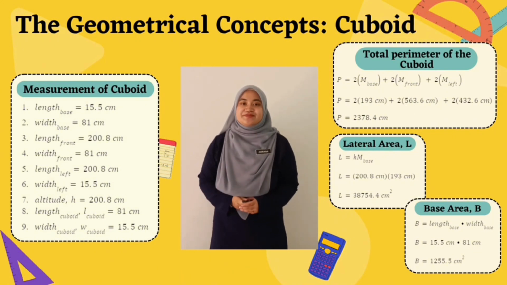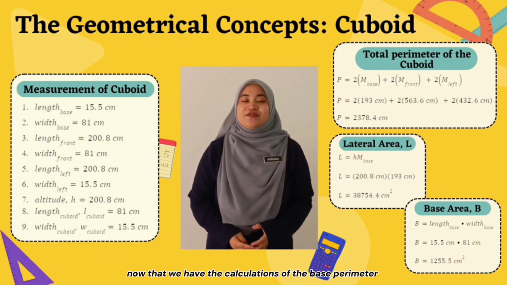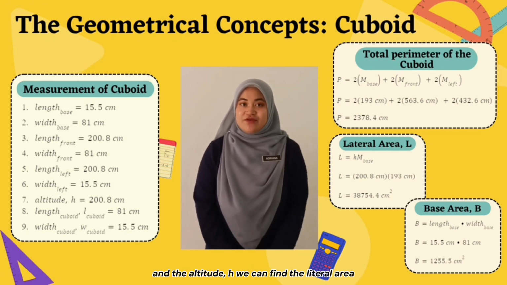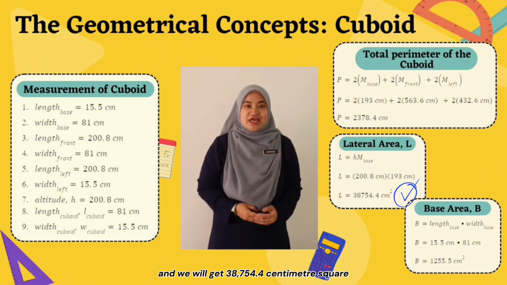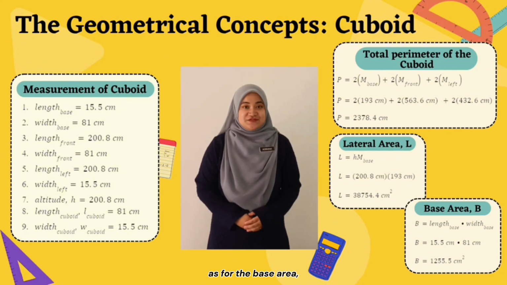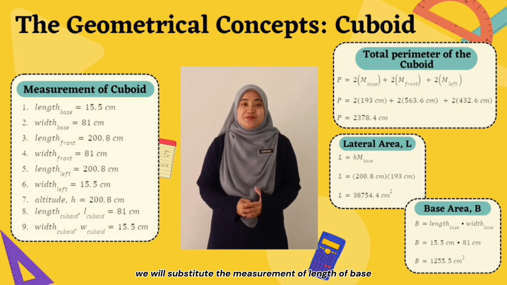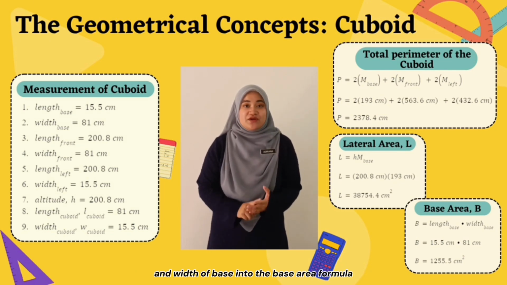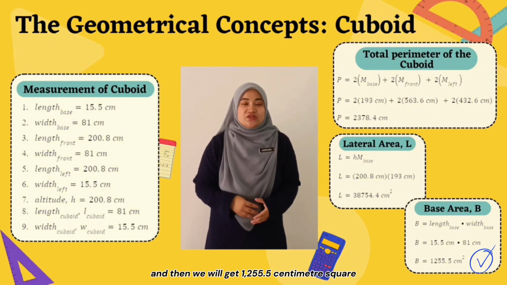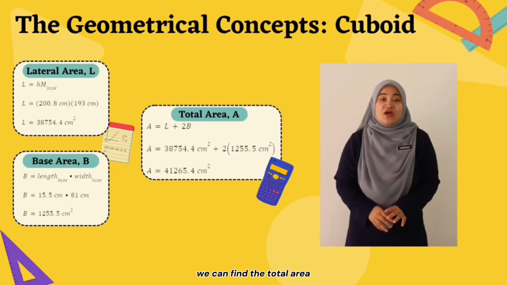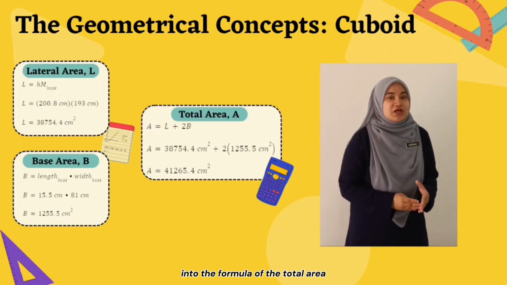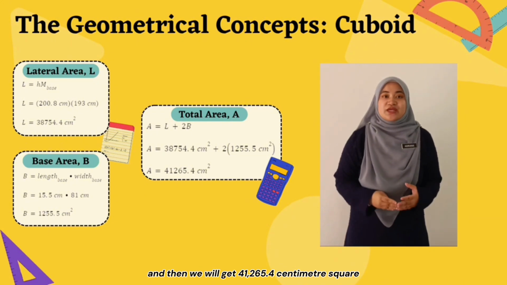2378.4 cm. Now that we have the calculation of the base perimeter and the altitude h, we can find the lateral area, and we will get 38,754.4 cm squared. As for the base area, we will substitute the measurement of length of base and width of base into the base area formula, and then we will get 1,255.5 cm squared. We can find the total area by substituting this calculation into the formula of the total area, and then we will get